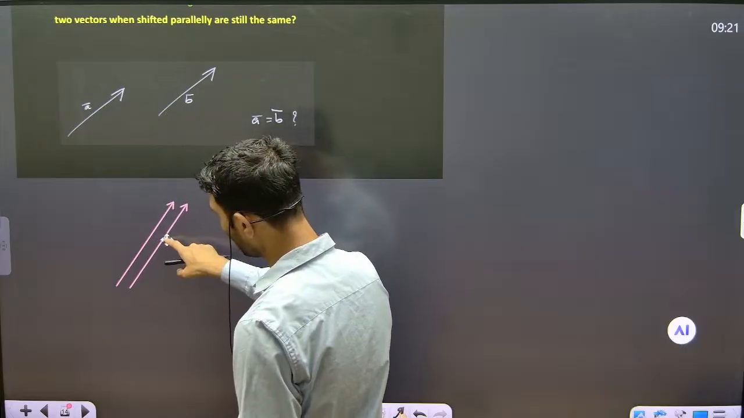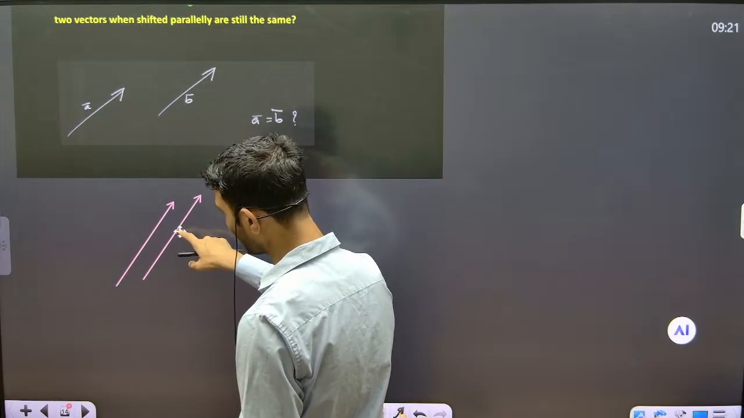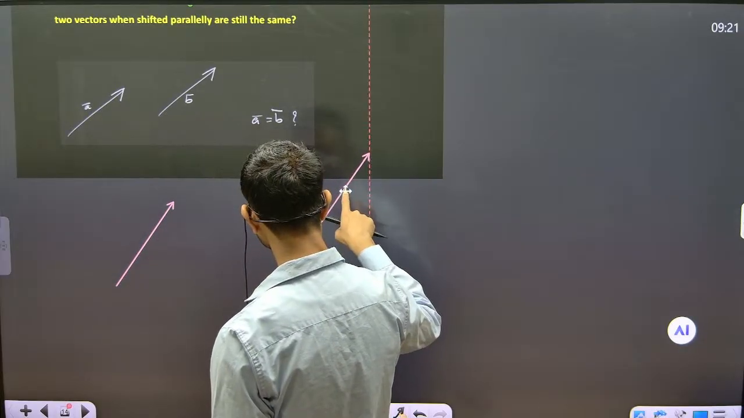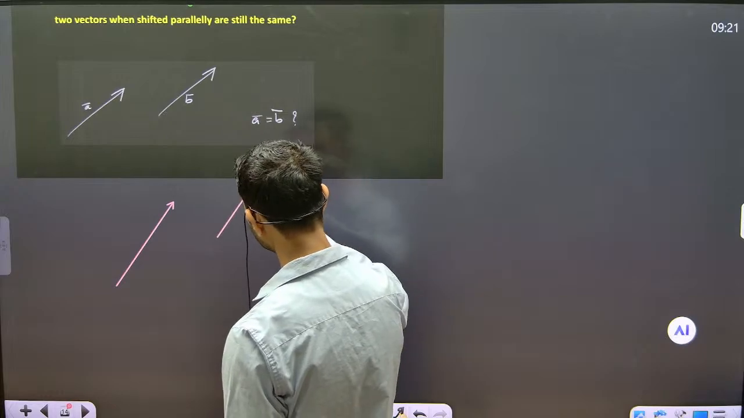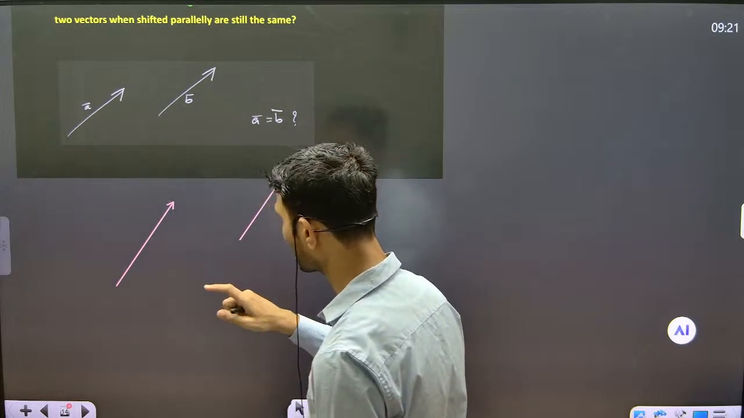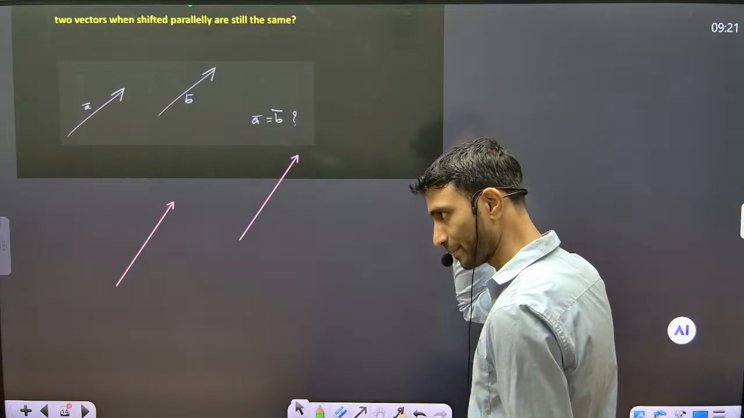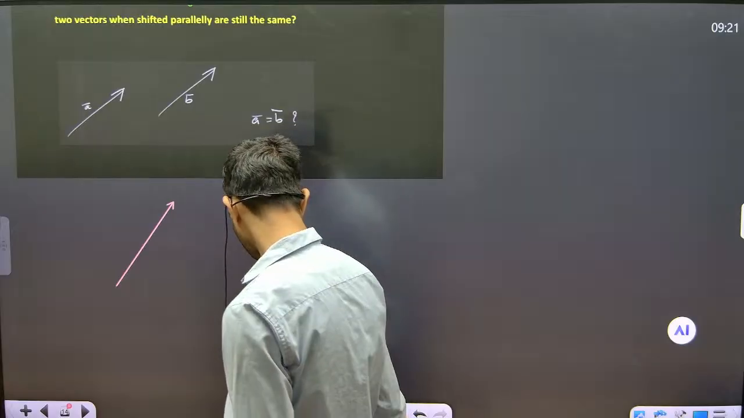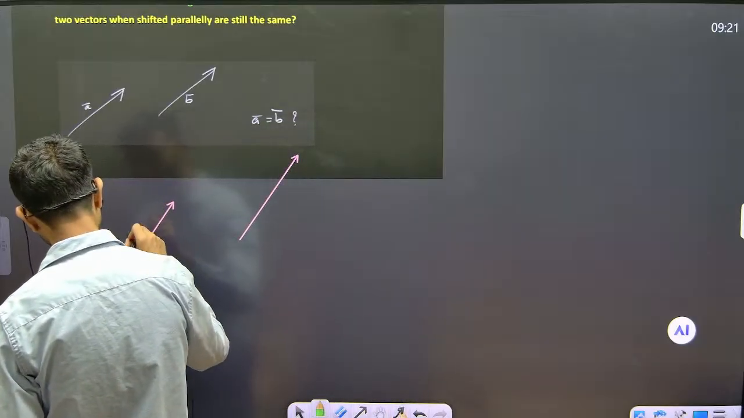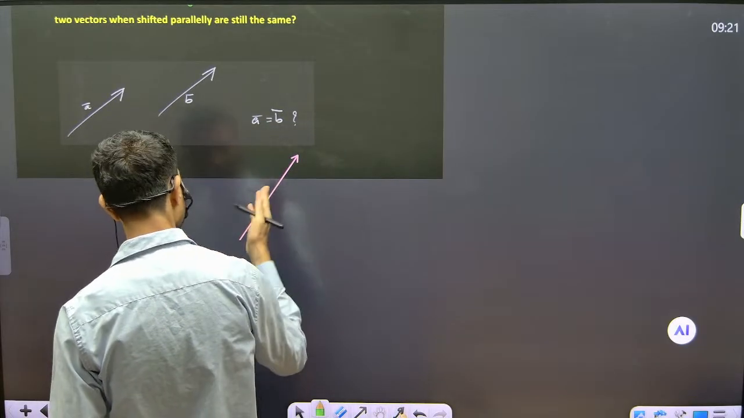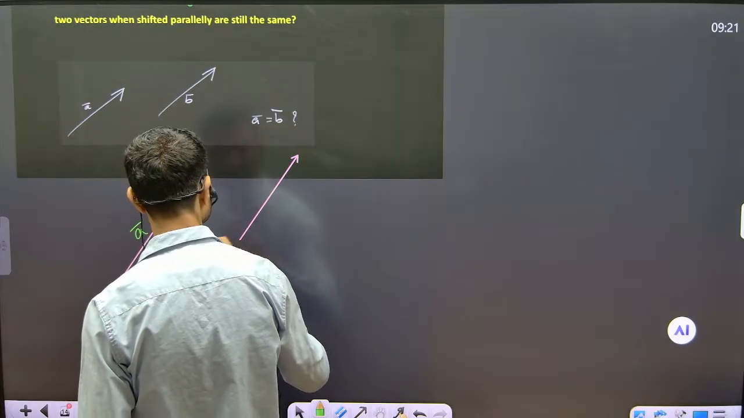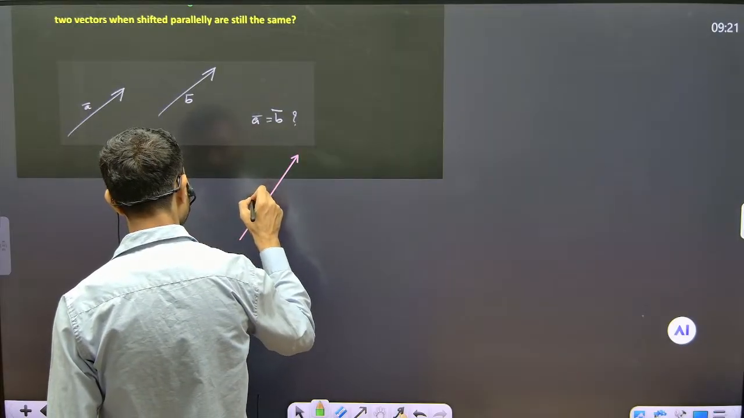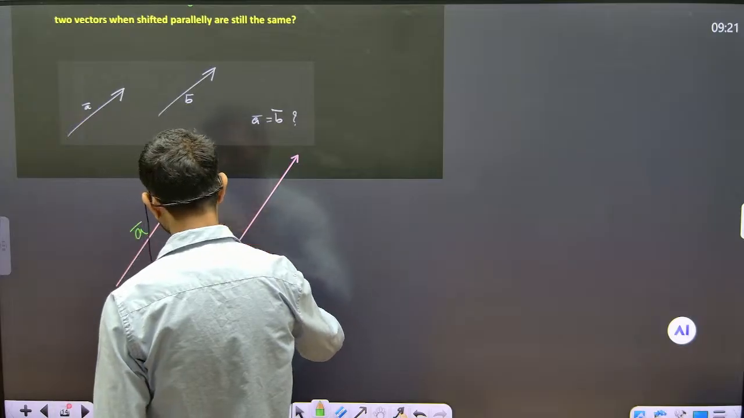Can you see this is parallel to the other vector, right? I take it and I put it, let's say here, right? Now see that vector I put here. Is it fine? My question is, if this is a vector, what is this vector? Now you can see that